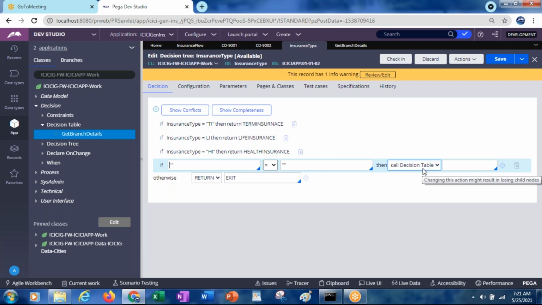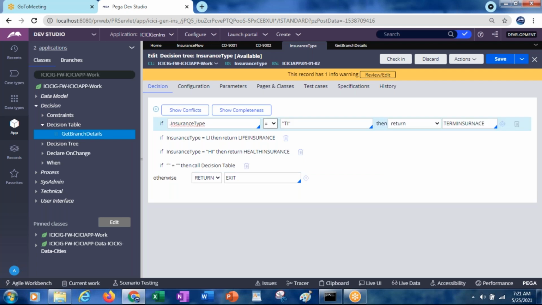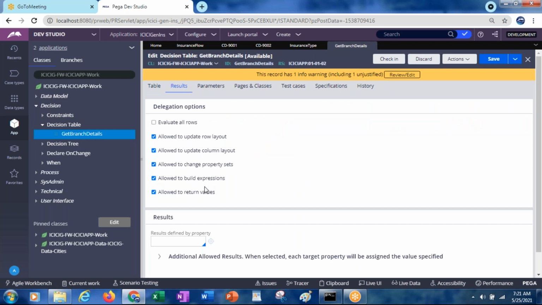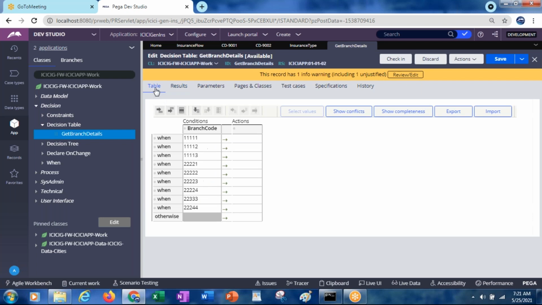For complex if-else conditions, we will go for the decision tree. And in the decision table, you can return multiple values, like doing property sets. How exactly can you do the property sets? By selecting evaluate all rows, you will get actions.